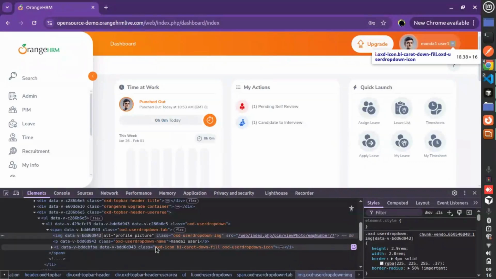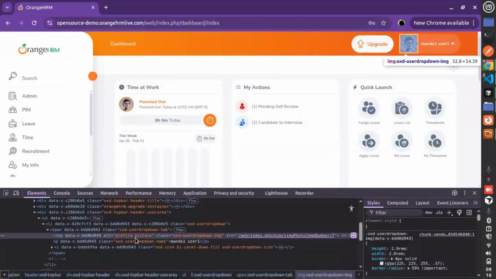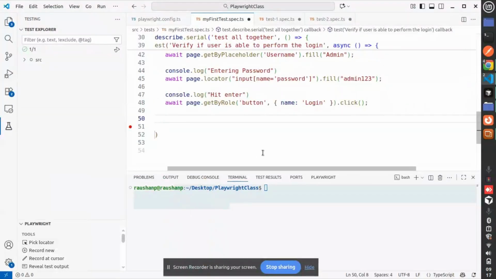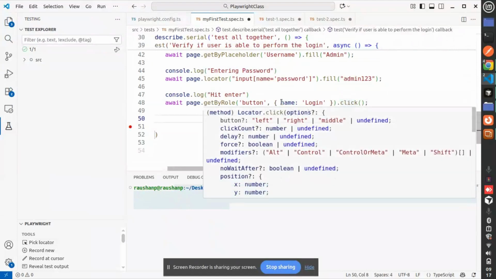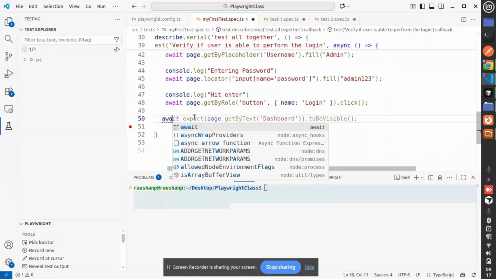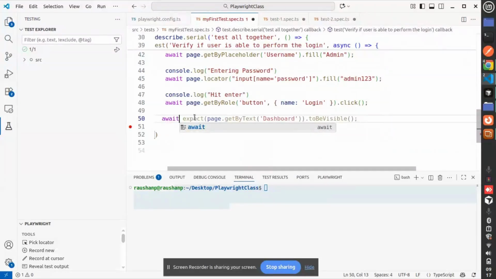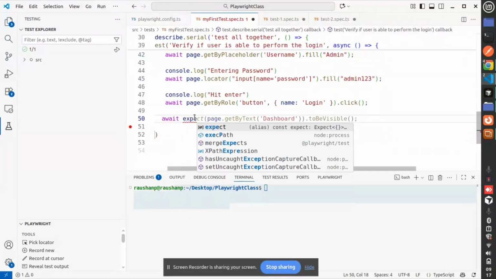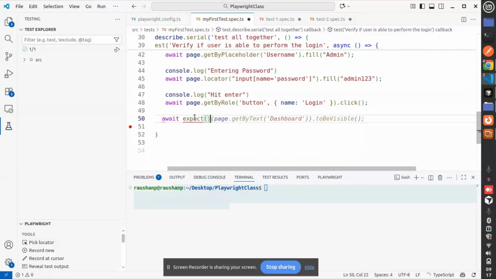Now to wait for this avatar, I'll write one line, because after login we'll have to wait for some time. So I will write await, and then expect,